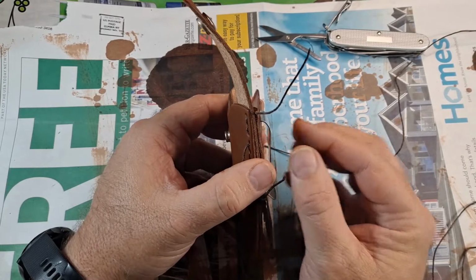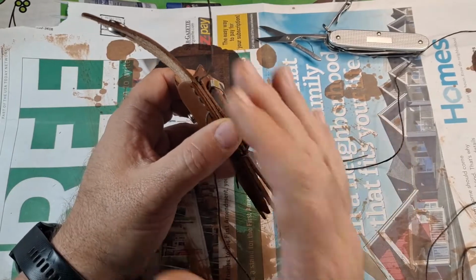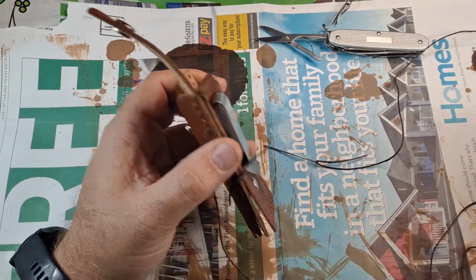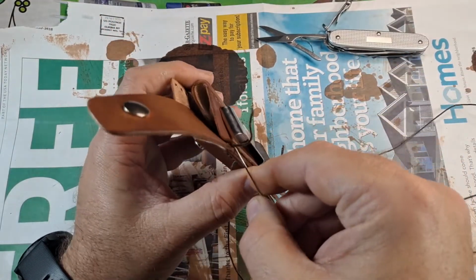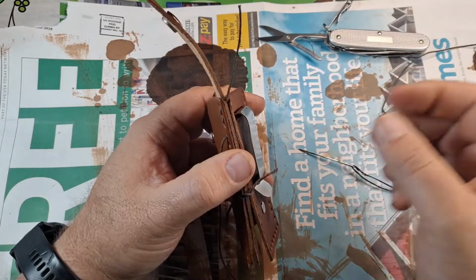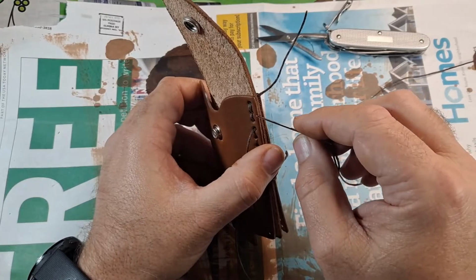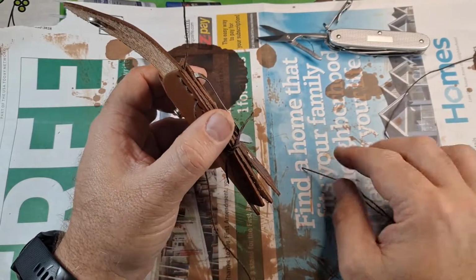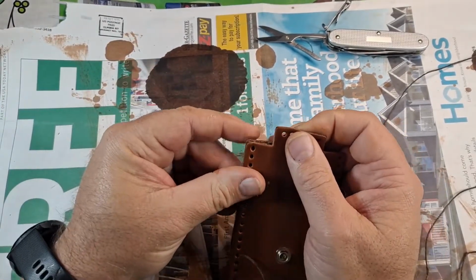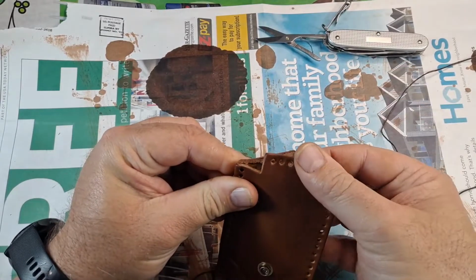So what the directions said to do is tie it together a little bit, someplace like here, to help hold it together. You put the needle down inside here on the back piece, leave about 3 inches extra so you can tie off at the end. And he double stitched the top hole, and then you just stitch it all the way around. Then when you get down to the bottom, it's going to be kind of hard because you have to bunch it up like this